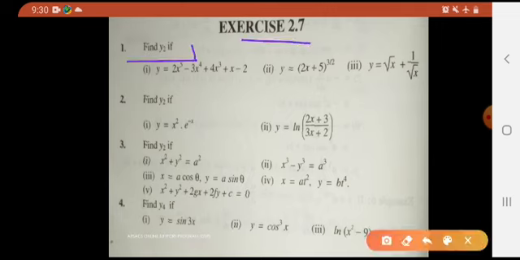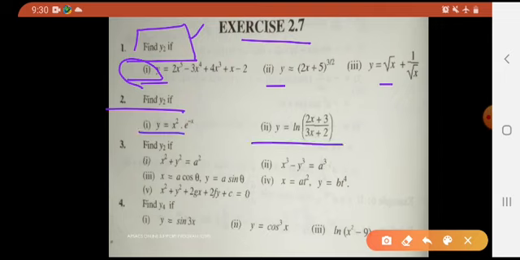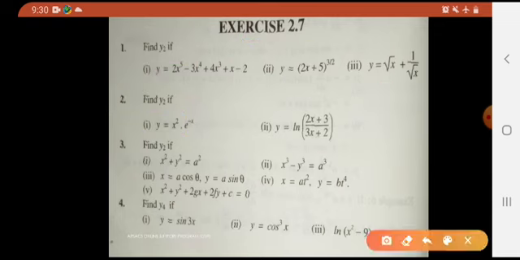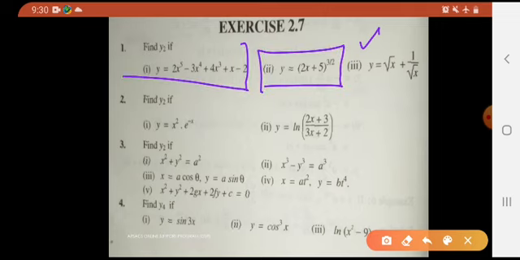Exercise 2.7, find y2 if, you can see these three functions, these three questions, right? y2 ही find करना है, which I just explained. So the basic thing is you should have a command on finding the derivative of any kind of function. अगर वो आती है तो y1 हो, y2 हो, y3 हो, anything you can find. Look at this question again, find y2 if this or this. ठीक है जी. Again the same thing. So 1 or 2, let us discuss first question number 1 and 2. I will be discussing this part, and I have given the image of this question, right? You have to do this by yourself.